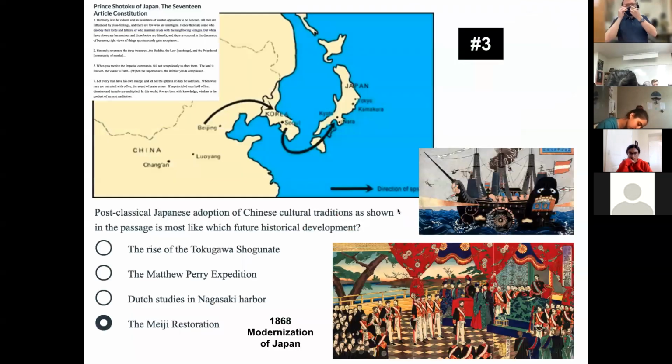So now we get to the test portion of it, like reviewing some items. The first three questions were about this small little thing that's probably too tiny if you have a small screen. It was a Japanese constitution from an early time period. And each of those passages would represent a Chinese influence. They talk about Buddhist ideas, they talk about proper roles. And what the third question was, which was,